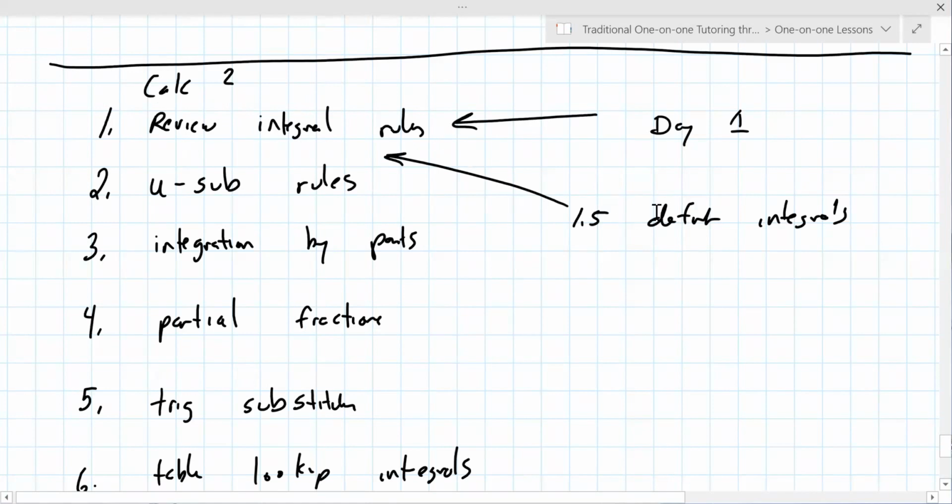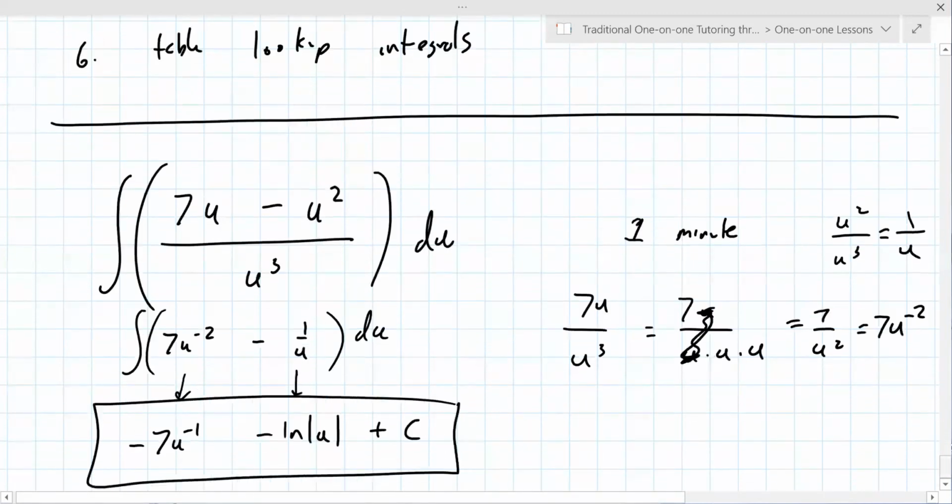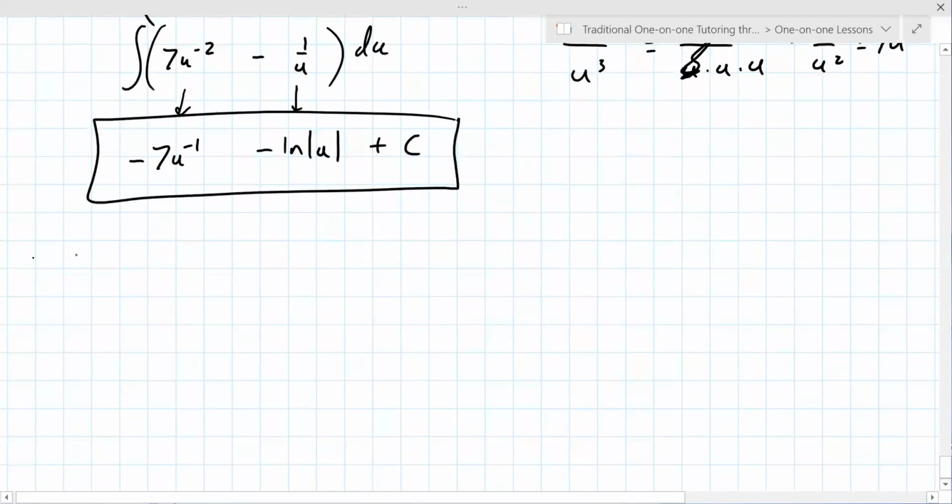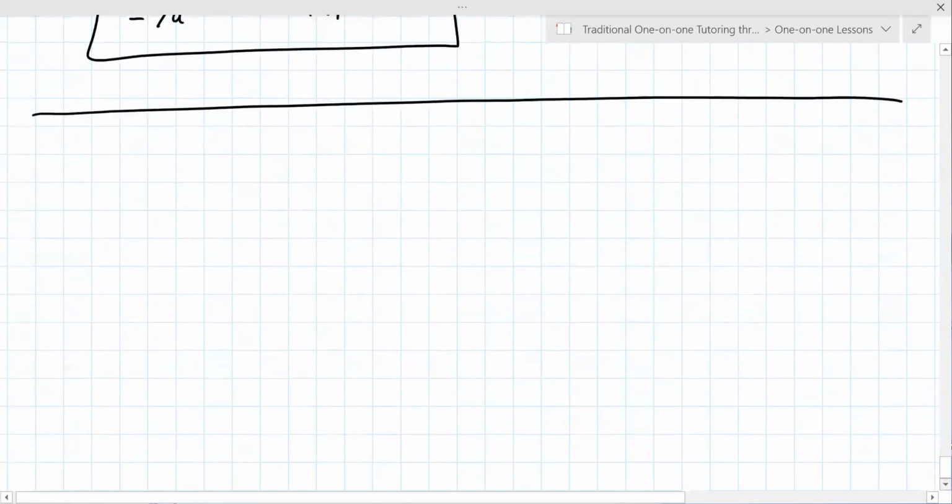And then I added definite integrals, something else we can talk about. We can talk about it any time though. So let's keep going here and do some more. Let's do the integral